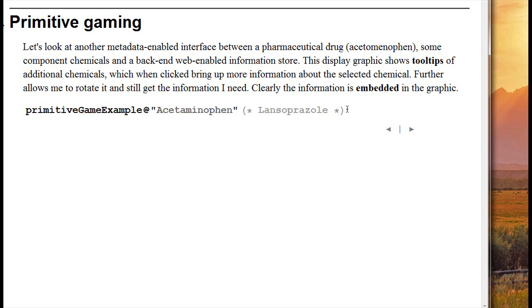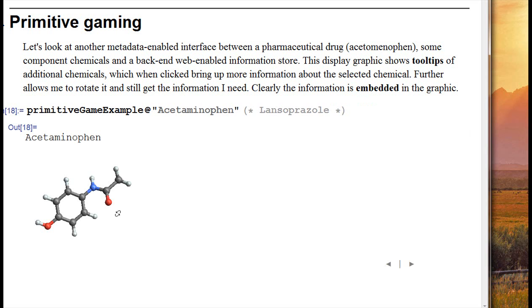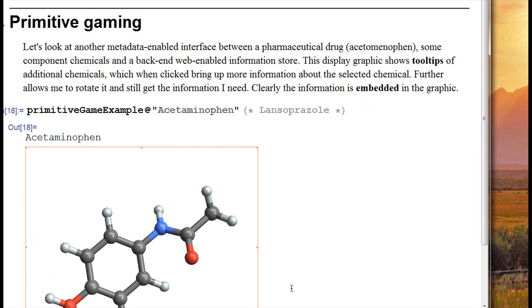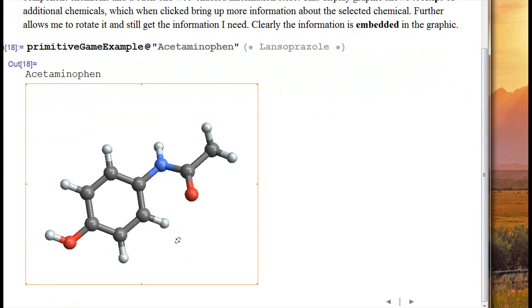So let's run this. And here's acetaminophen. I'll make it bigger so you can see it. So here it is. And if I put my mouse over some of the chemicals, I have a tooltip that some data is connected to it. Now this is an acetaminophen molecule. One of the chemical components of it is not formamide, or it's not, let's see here, titanium 2 hydride. But the list of chemicals, we can take some other list and connect it to this graphic or some other graphic. Now the reason why I call this a game is because I can click on it